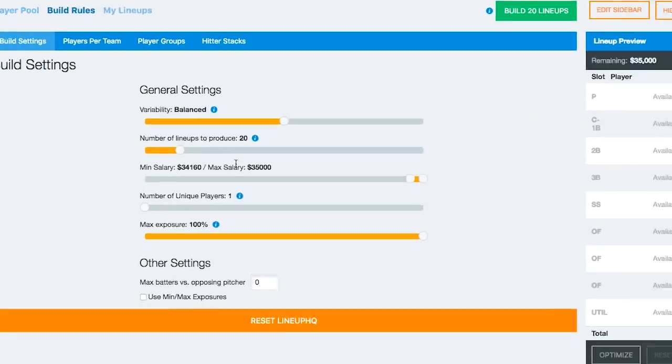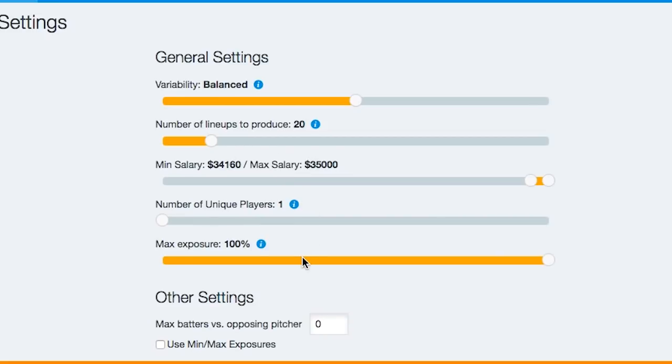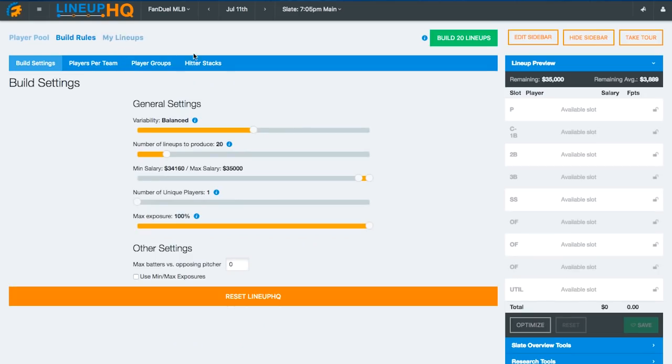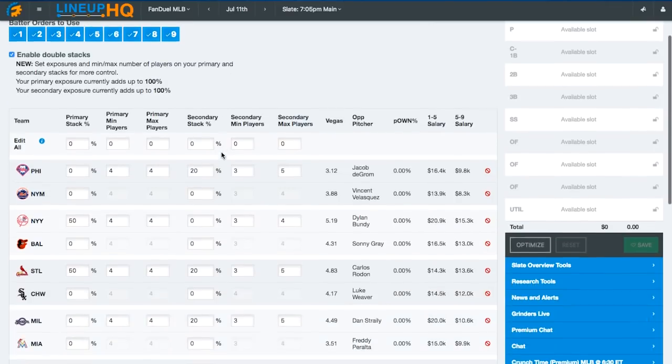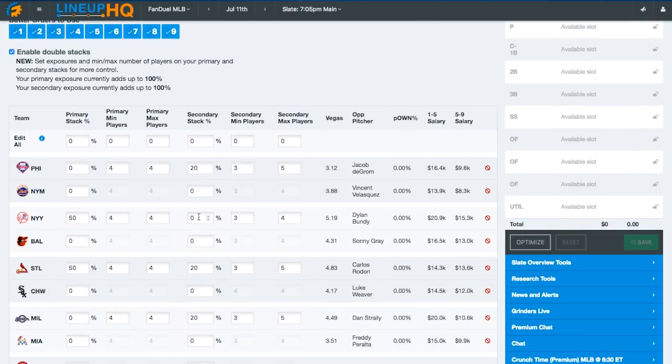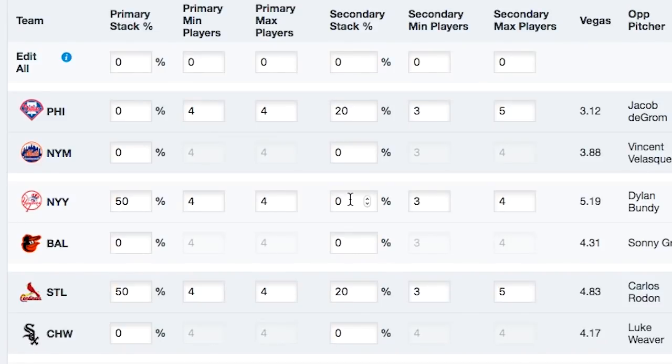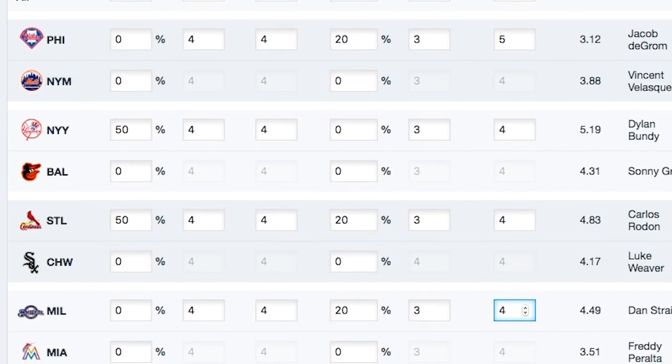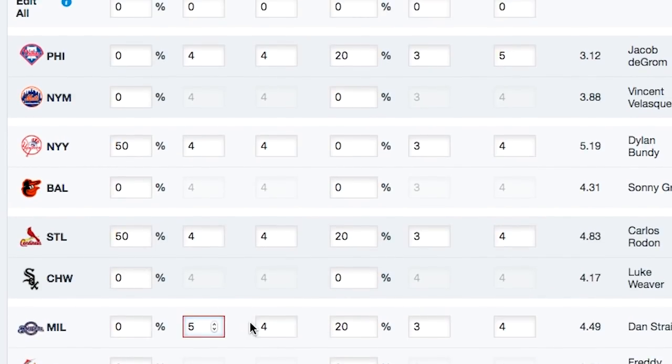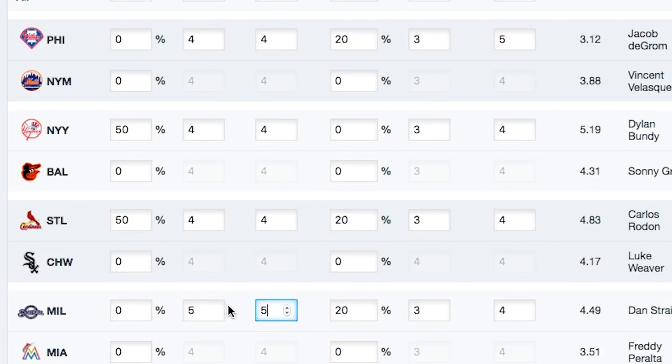You can go check your build rules here. Set up similarly right now. Go into the stacks. We have our same stack settings that we had from DraftKings that came over. But what you'll need to do is adjust these numbers down. If you don't, it shouldn't allow you to create 5 from the same team on FanDuel. So if we did 100% Brewer stacks here,